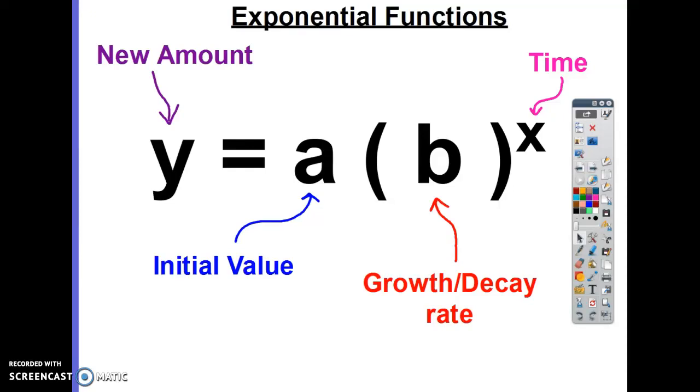Okay, for the worksheet today, we're going to be using this formula again. And I know you remember me talking about it a few weeks ago. Remember, A is the initial value. How much did you start with? This B is either going to be your growth or your decay. X is going to be the time, and it's an exponent. Inside here, you will either have 1 plus or minus the R. That's the rate at which it's increasing or decreasing, and the plus or the minus means whether it's increasing or